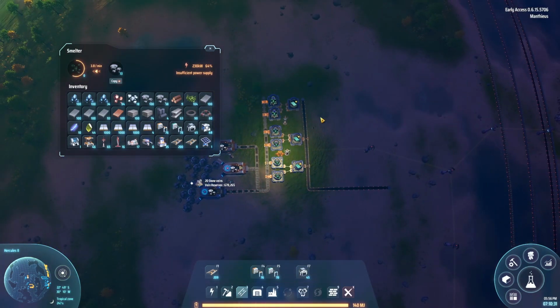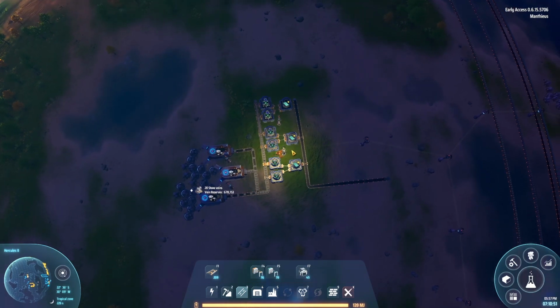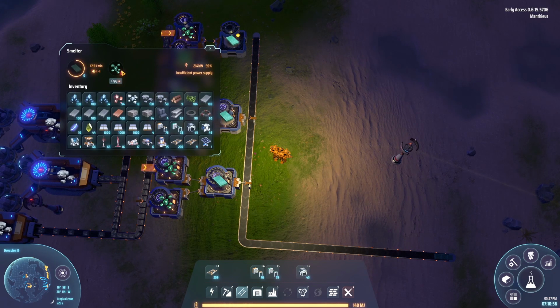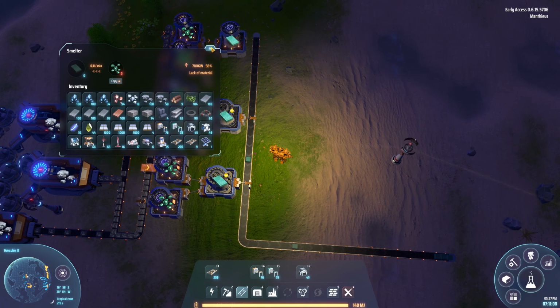Long term, the reason I haven't scaled this beyond what is running right now is because there'll come a point where we can get silicon from other planets. That's going to be our main source of silicon eventually, but we just need this little setup up and running to give us some silicon to kickstart our base in that regard. So this is now working through, should be kicking out some silicon blocks. Yes, lovely stuff. So now we've got the high purity silicon,